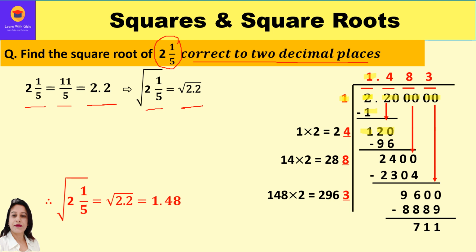Now before we start solving this new dividend 120, just put a decimal point in the quotient, because now we are starting with the decimal part of the number. So we have to insert the decimal point in the quotient. Now the new dividend is 120, right? We have to solve it. For that we need a divisor. Our first quotient is 1 over here. We can just double it. 1 into 2 is 2. We can write 2 and a blank over here. Or we can just add 1 over here. 1 plus 1 is 2, right?